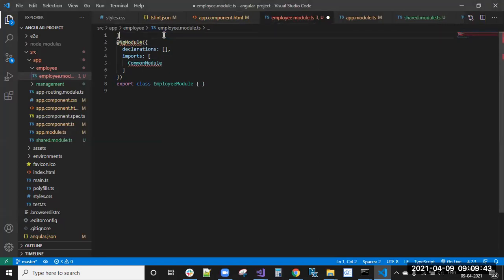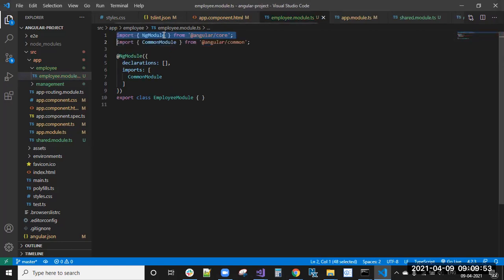If you are not including CommonModule, then this module won't be recognized by the TypeScript compiler. So because of this, we need to import those things. NgModule is already written in the Angular core package; all the module coding is written inside Angular core.